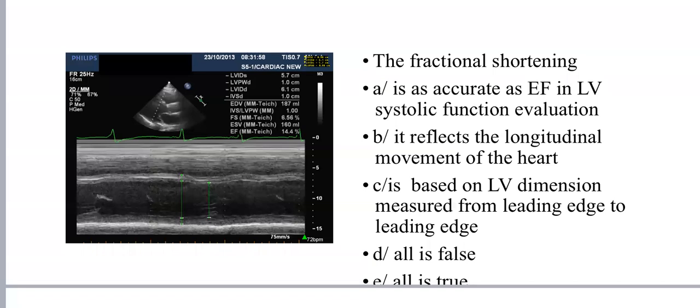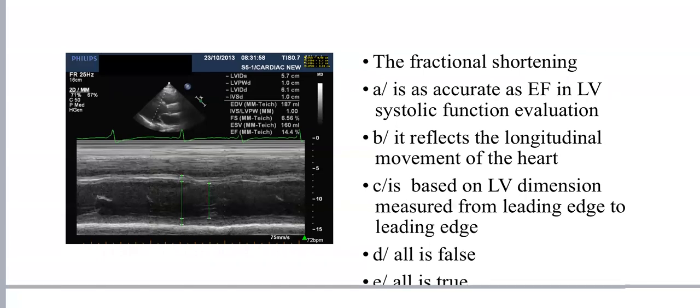Because sometimes that measurement is not representative. We assume that this base is representative of the mid and apical segments. But how many times is that true? It's probably true if we are dealing with global LV dysfunction. But in case of regionality, which is most commonly found in LV systolic dysfunction,